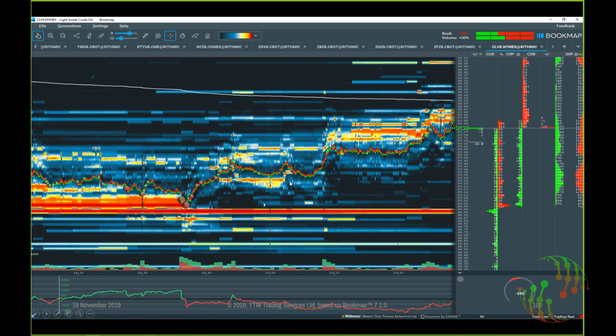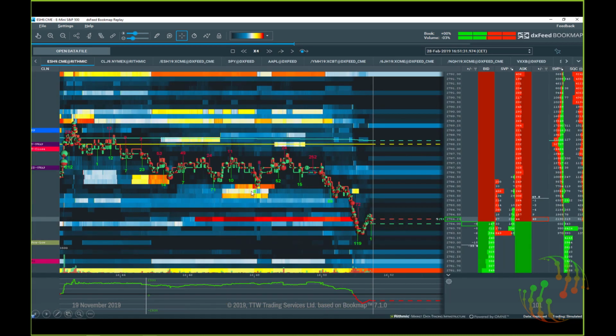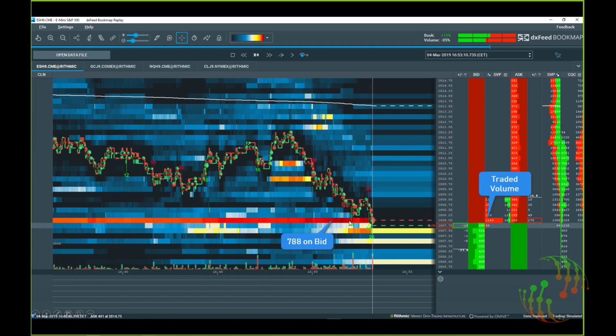One absolutely exciting indication is when it works in this case, because we have long-term liquidity sitting on oil. This is light sweet crude oil, yes. We have long-term liquidity sitting there, and above this liquidity absorption takes place here. That's what I said: absorption takes place at this level, and then the market is probably going to go up. Traded volume is, you see that.